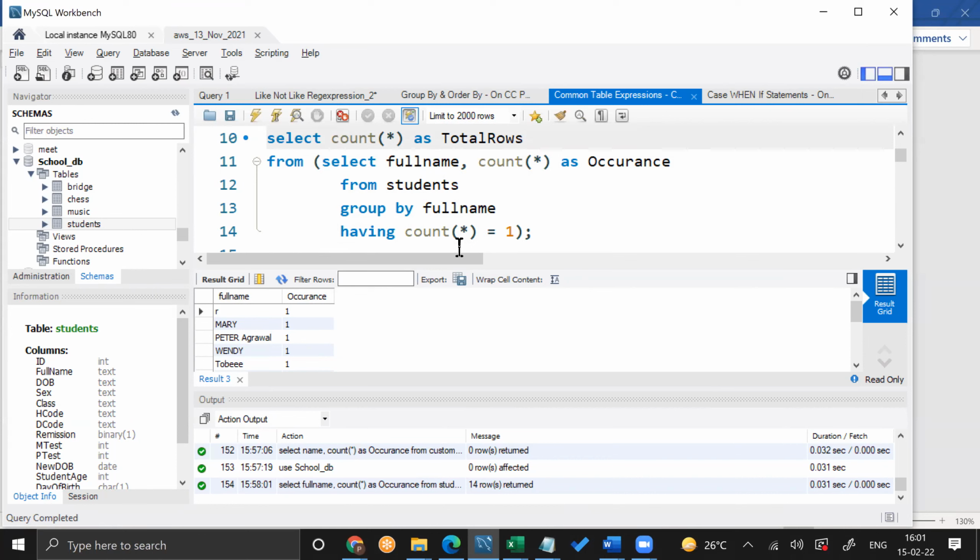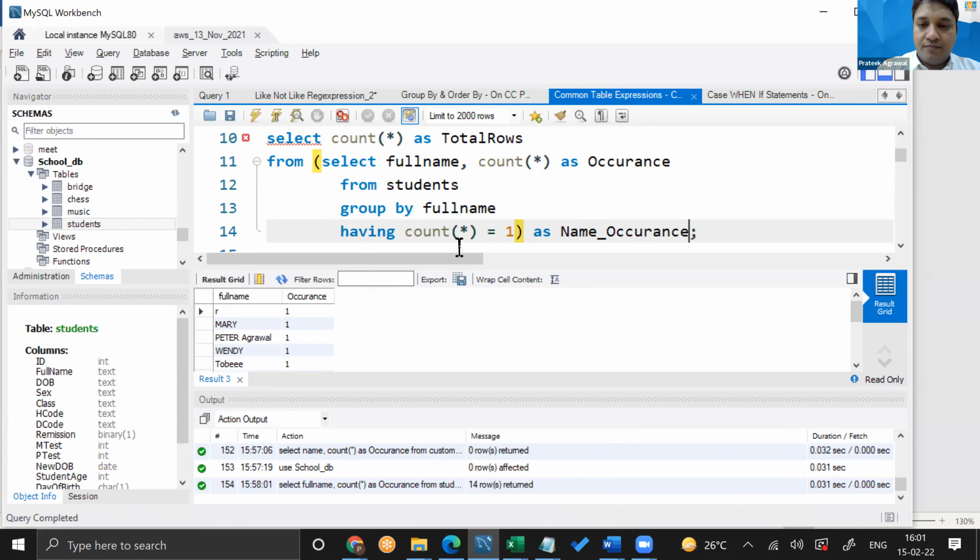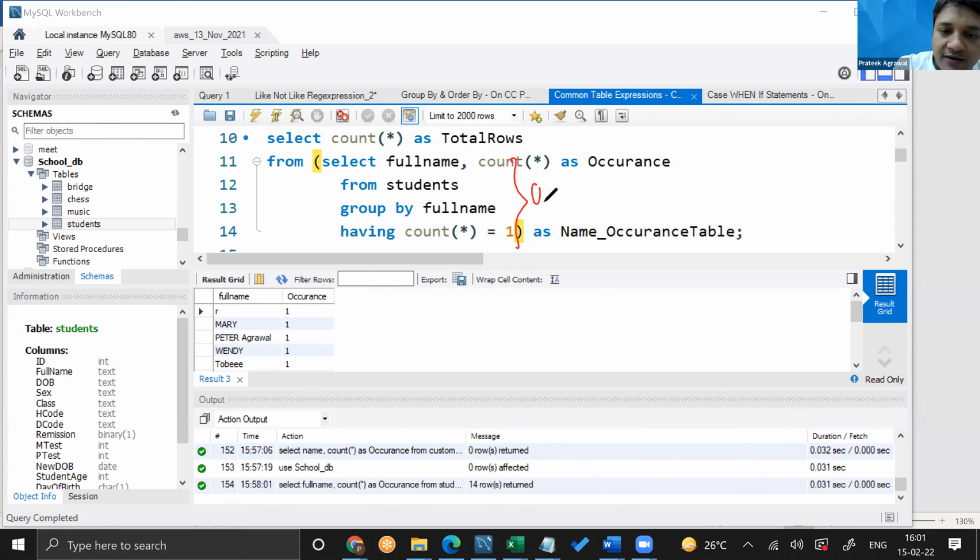Pratik, the occurrence table which you have created, is it the alias? This occurrence table that we just created is an alias to this query. Okay. You see this? Meaning what we are doing, Sanjit, is if you look at step by step, this is one query, right?